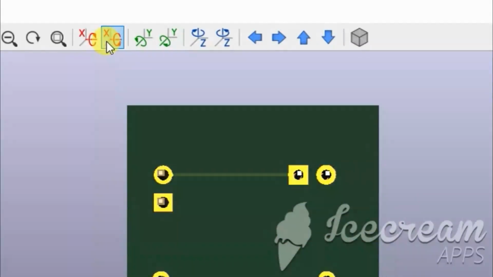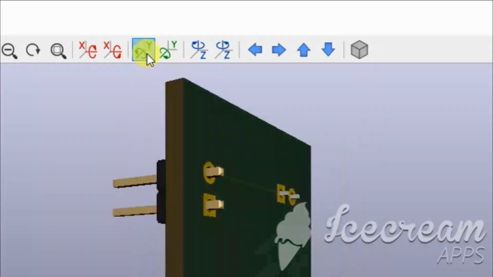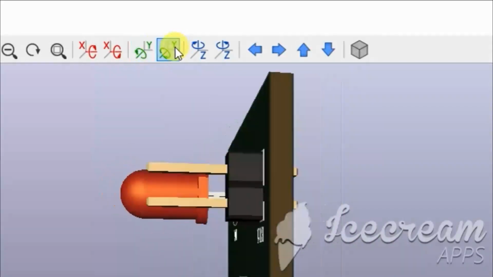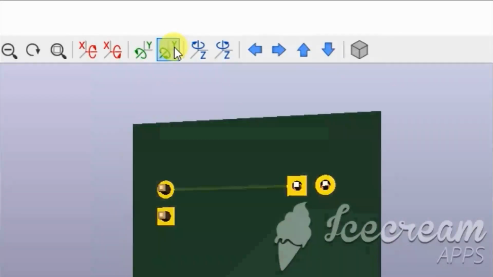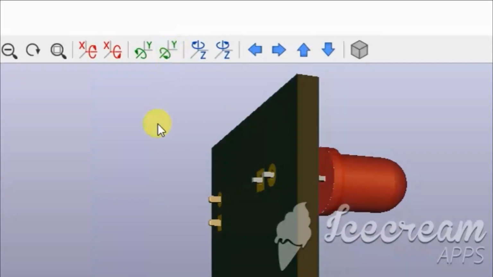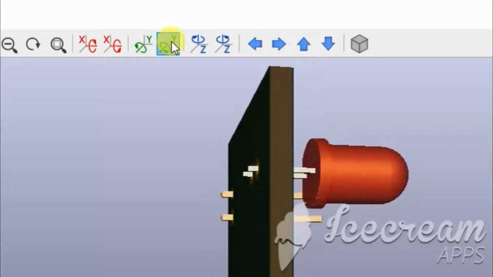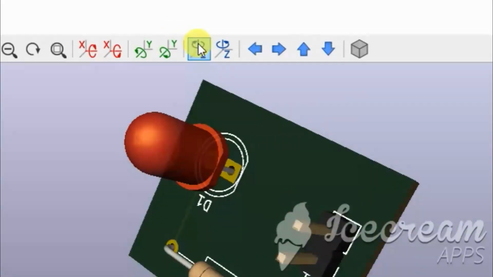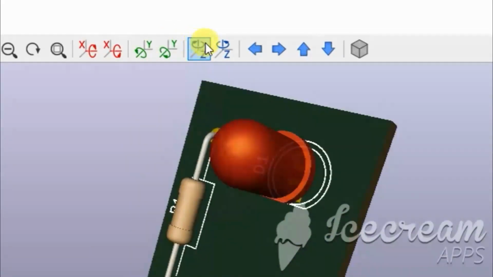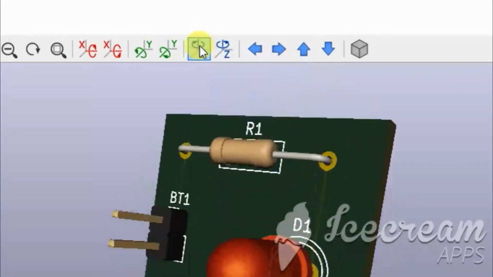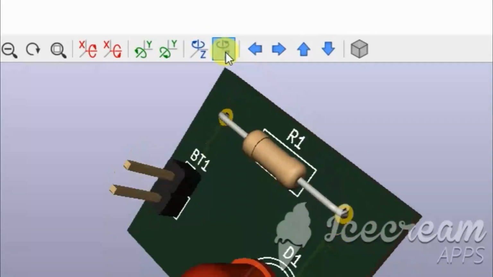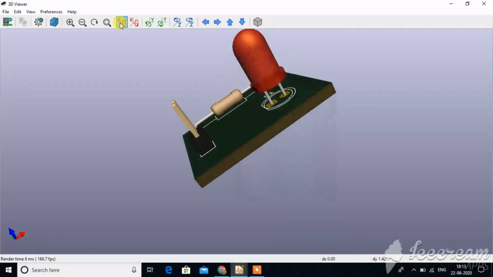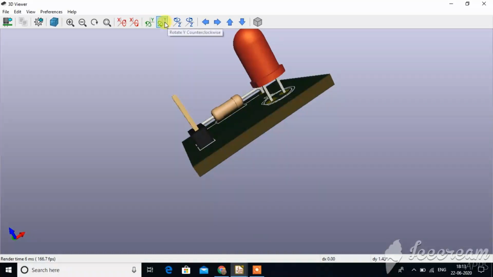This is the back side, and rotate left and right. And this rotates to all sides. Finally, this 3D view is created.